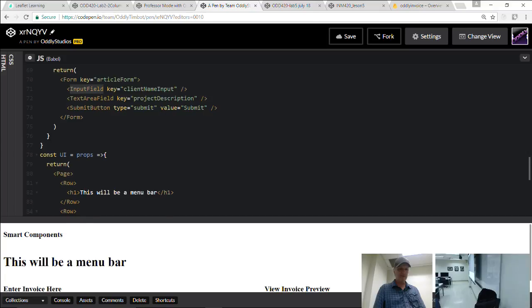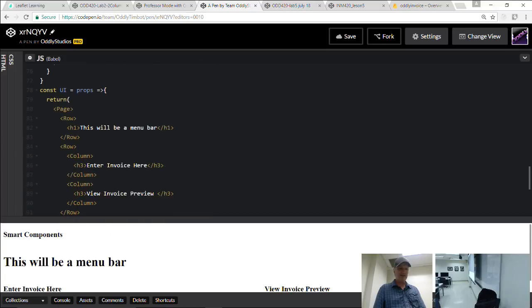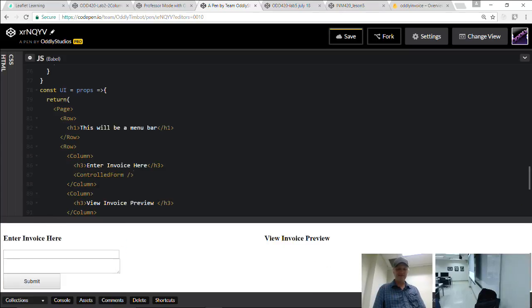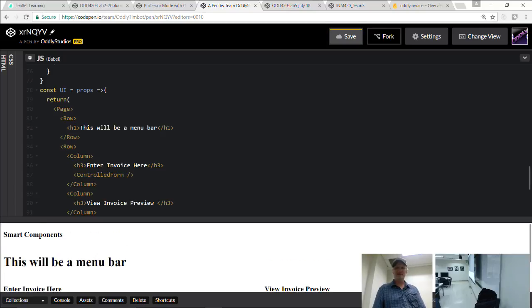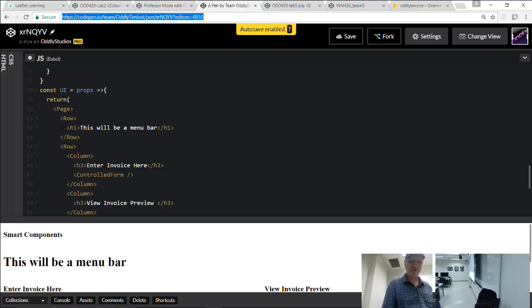Should we name our text area field then? Oh, you know what? You just didn't add it to your UI. Right here is where we're going to enter the invoice. Let's add your controlled form. And there you go. One for Tim. Yeah, I picked up one in the end there, probably the most important one.